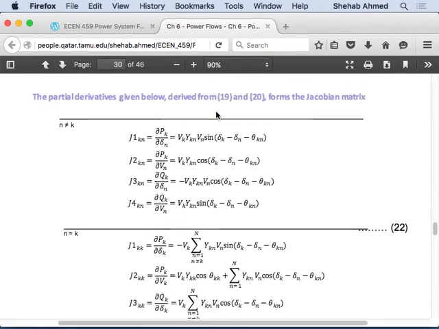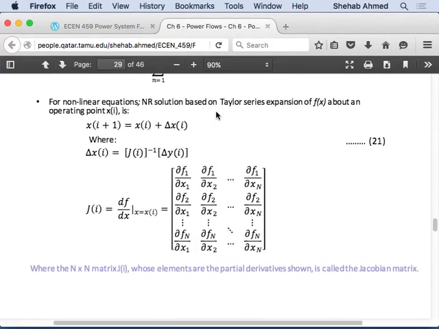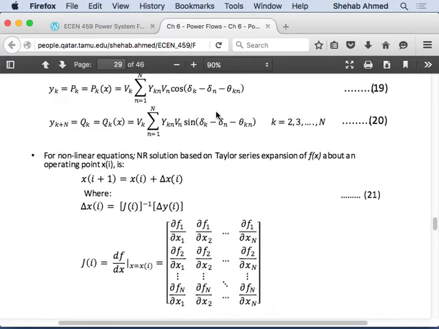We will substitute in one of these in an example now. But anyway, do we understand the philosophy now? Basically the whole thing is this calculation of this Jacobian and inverting it and multiplying it by the power sensitivities. If you do that, you come up with your delta x. Your delta x, you take it, add it to your previous value of x, take that and plug it into